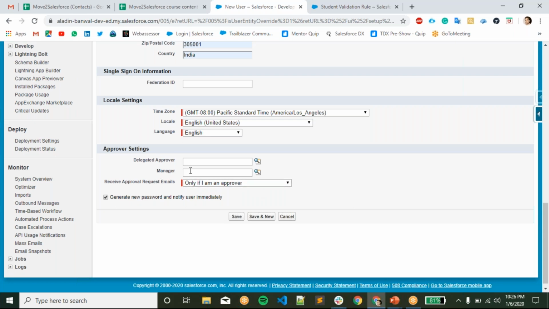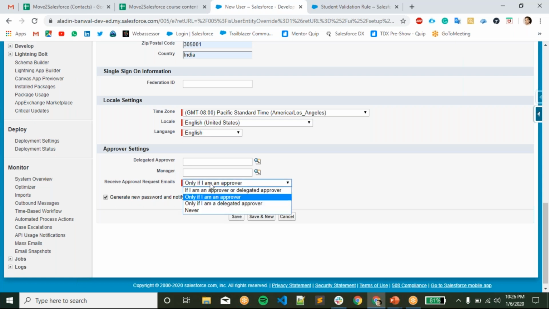So here you can define if that is a manager or delegated approver. So only that manager or delegated approver can approve that request. So this also you can perform here, receive approval request.